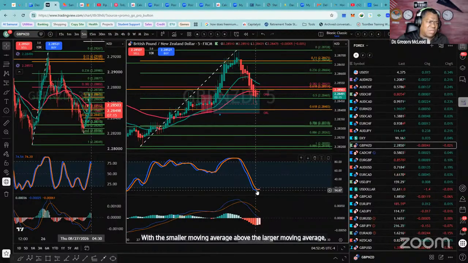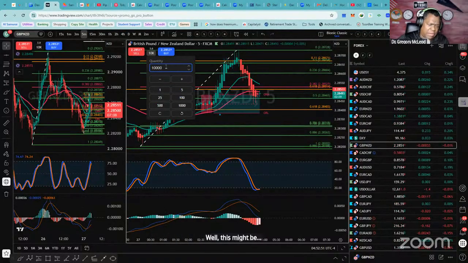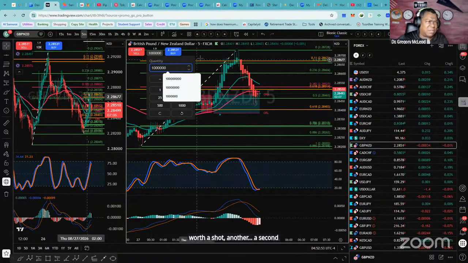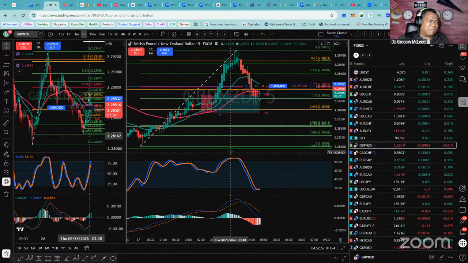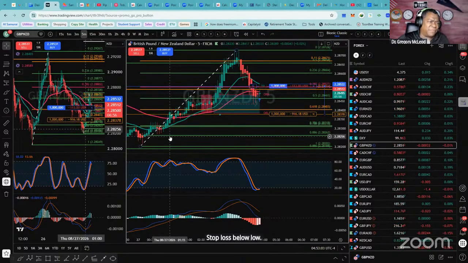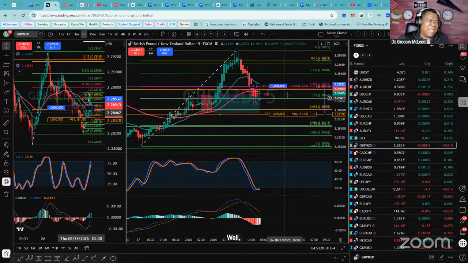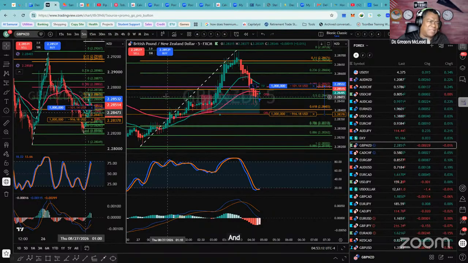And stochastics is in an oversold position. Well, this might be worth a shot, a second chance at it. I got a green candle there, stop loss below the low. Well, that's big. I mean, I'm trading 10 standard lots here, right? And just to spice things up